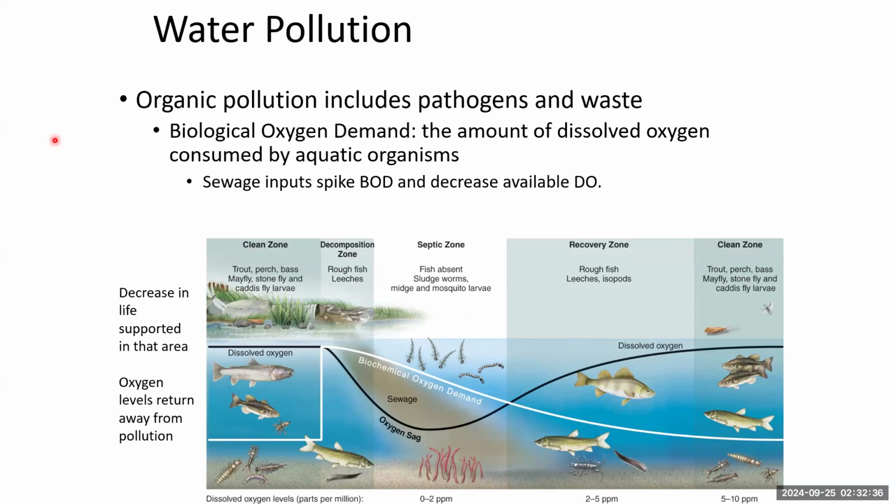But even within fish or within invertebrates that might be in the water, or even among bacteria, different species can require different amounts of oxygen. In an aquatic environment, you typically have a variety of organisms with a variety of oxygen demands. Some require more, some require less, at all sizes and ranges. And when you introduce organic pollution, you can muck with that balance of available oxygen. So on this diagram here,